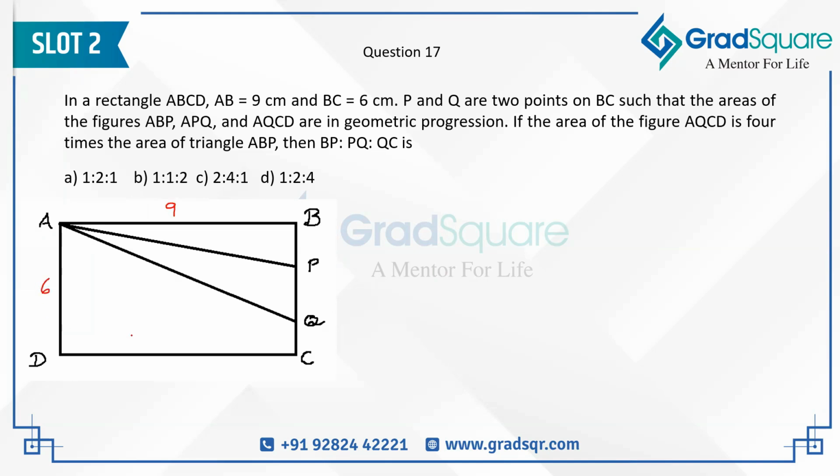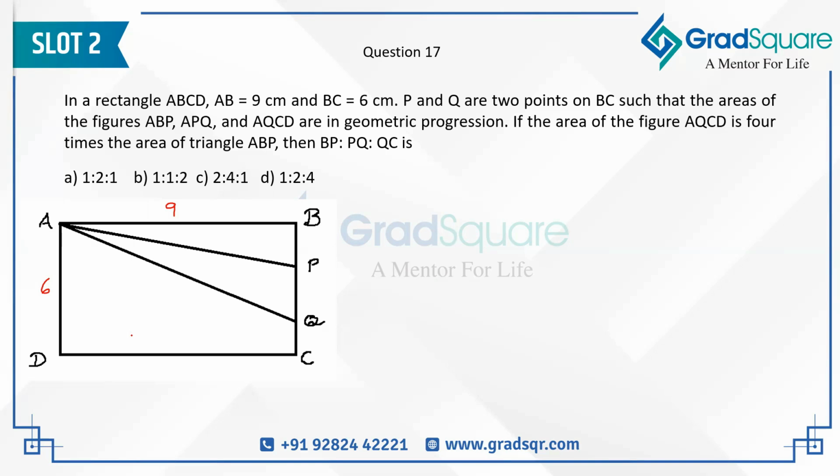And P and Q are points on the side BC such that when we join AP and AQ, we get three enclosed areas, ABP, APQ, and AQCD. And the question says that these three areas are in geometric progression. Geometric progression means that the ratio of the consecutive terms will be the same. So the ratio of triangle ABP's area by triangle APQ's area will be equal to the ratio of triangle APQ's area by